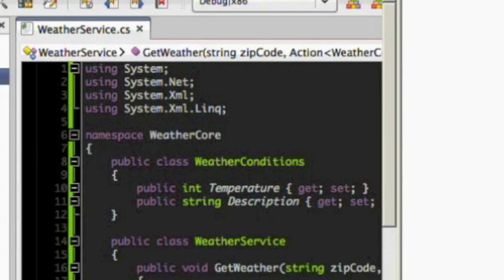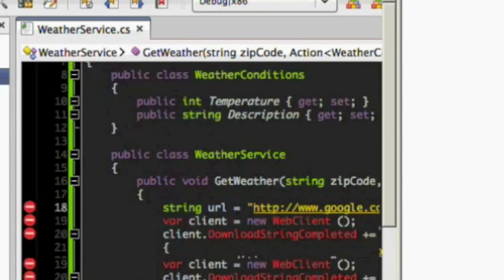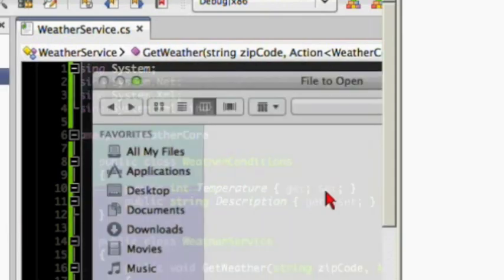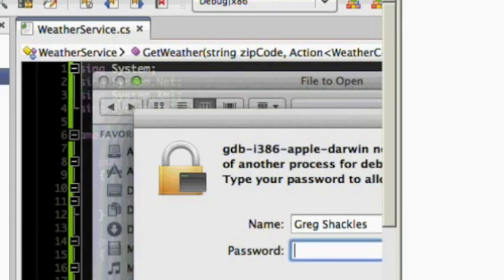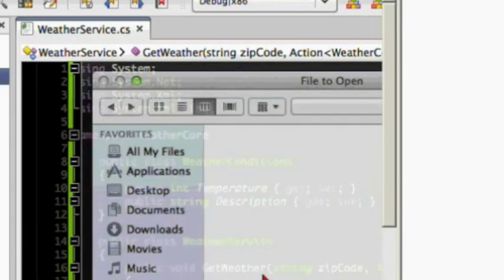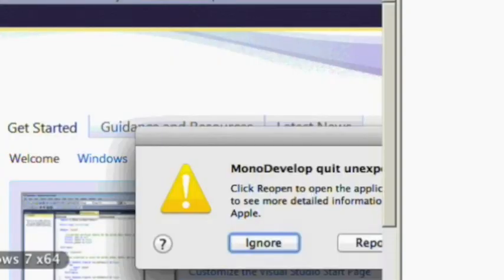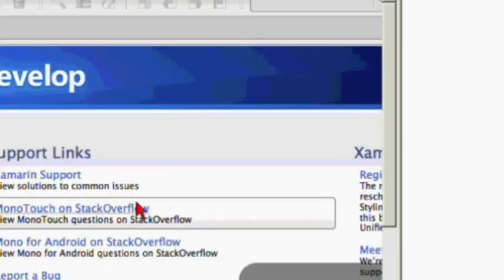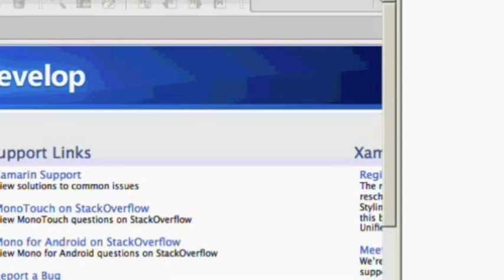Anyway, actually, since we're running short on time, what I want to do is just open up really quick. Sorry, bear with me through this demo. Pretend that never happened. So what we're going to do is open a solution, go to